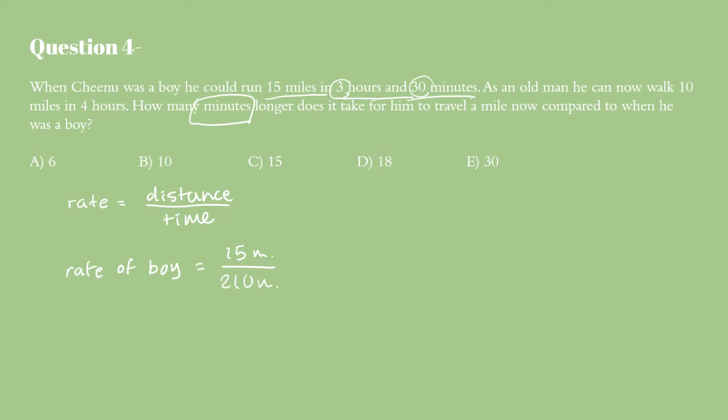Okay, so let's do rate of, instead of old man, let's just do man. Don't be rude about his age. I'm just kidding. He's not real. Okay, so 10 miles in 4 hours. So again, 4 times 60, you can do that in your head. It's 240 minutes. Sorry guys, I wrote this kind of messy. You heard me say what it was. So let's calculate this. I'll do this in my head for you guys.